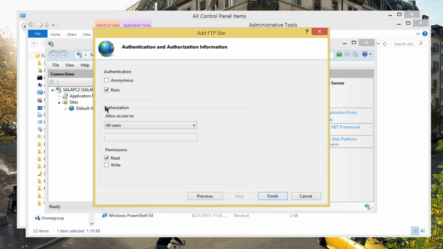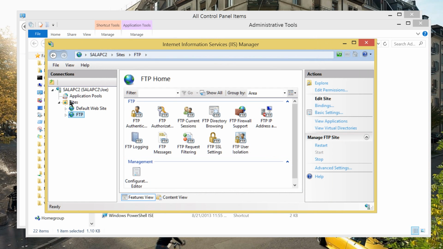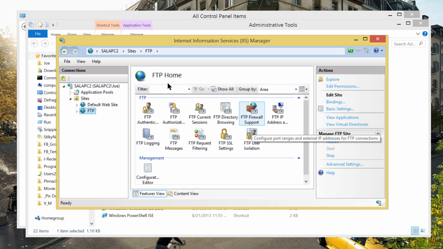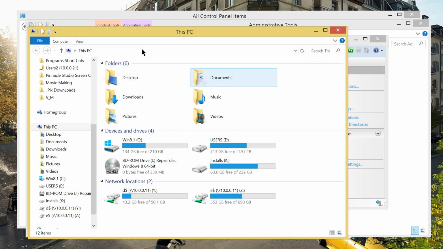That means you can download, you can open, but you cannot change files. Now, if I want to change files, upload, I would like to check write. For the sake of experiments, again, I'm going to have this permission, read and write. Now click finish. There you go. We have done already, but we're going to check whether it works or not.